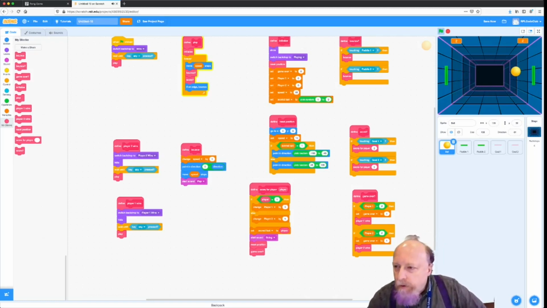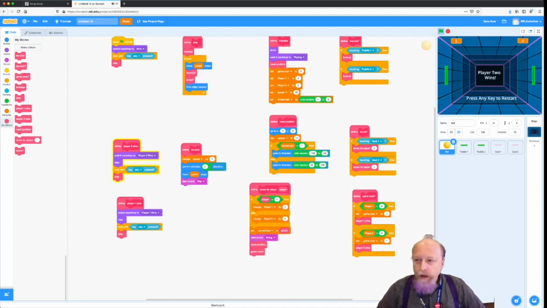Excellent. And now, player 2 won. It says player 2 wins. Press any key. We have a complete game. Now there's more you could do. You could have another sound that when somebody wins, there's a cheer that goes up, or you could have the paddles shrink each time somebody misses to make it even harder. There's all sorts of things you can do, but you have a working game here,